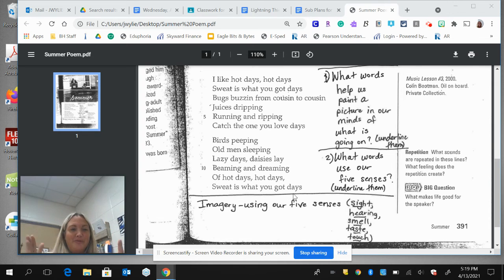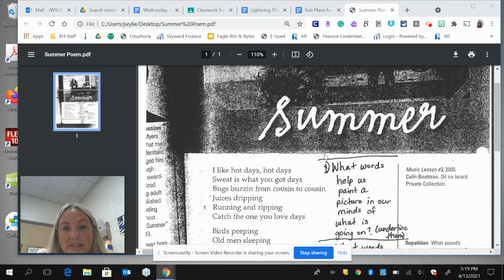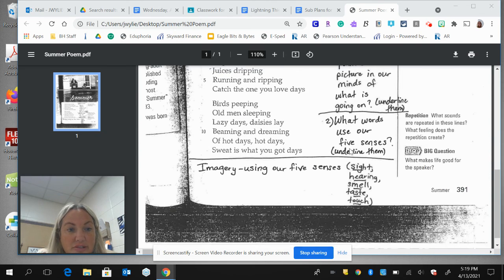I tried to be a little bit more sing-songy in the second time I read it. So anyway, enjoy this poem. Think about the imagery. There's a lot of describing going on in this poem, a lot of description, a lot of words telling you what something feels, smells, hears, looks like, sounds like, tastes like. So think about those five senses when you're trying to underline those words from this poem. Okay. When you're finished, you're going to underline those words, put your name on this at the top, and you're going to turn this into the substitute.